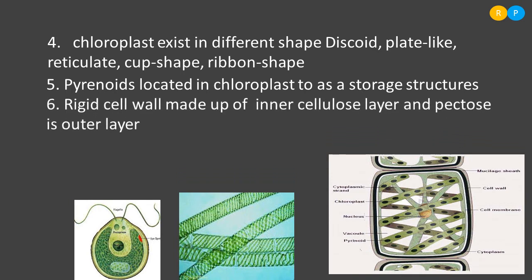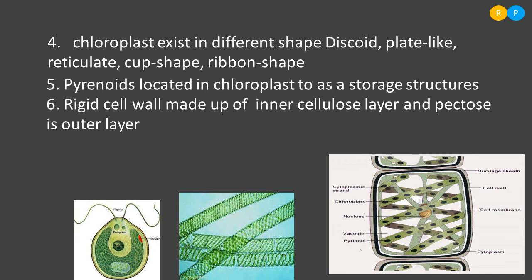Then one more characteristic feature is that these members have a cell wall. The cell wall is made up of an inner cellulose layer and an outer pectose layer. The cell wall is usually made of cellulose in all plants, but outside the cellulose we can find one more layer. That layer is made of pectose. Clear? The outer cell wall is very rigid and gives complete protection to the alga. So these are the few things you need to understand regarding the chloroplast cell organelle, then the reserve food